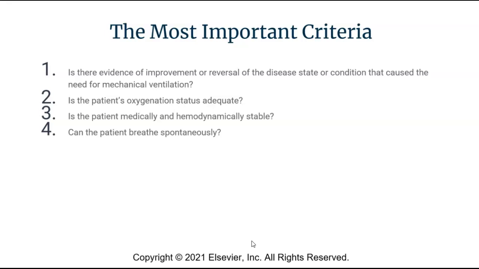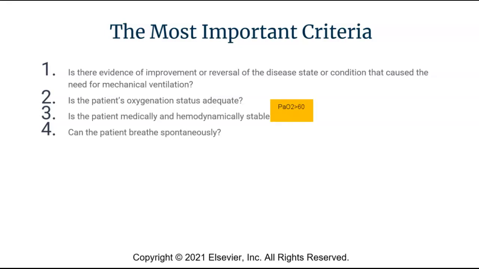So there's several other important criteria that help us determine that the patient's condition is improving. One of them, like I said, the single most important one, is that they've had the reversal of the underlying disease and condition. Then, that their oxygen status is adequate. Things that help us identify adequate oxygenation might be looking at our PaO2s